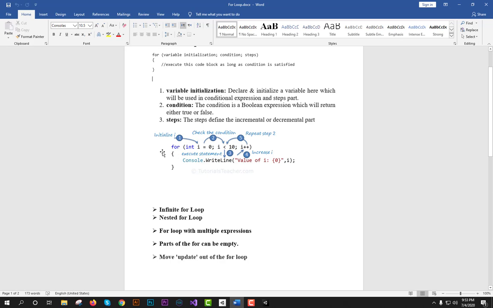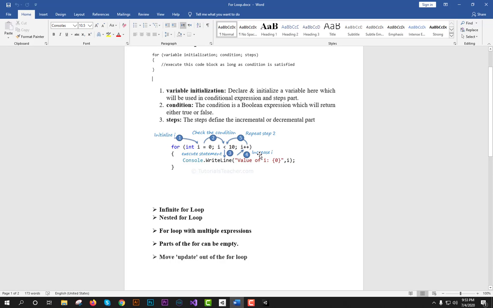You can see the image, I have downloaded it. The first thing which will run during the for loop is the initialization. Here you can see int i is equal to 0, and the second thing will be the condition of the for loop, and the third thing is the statement, and the fourth thing will be the increment or decrement.